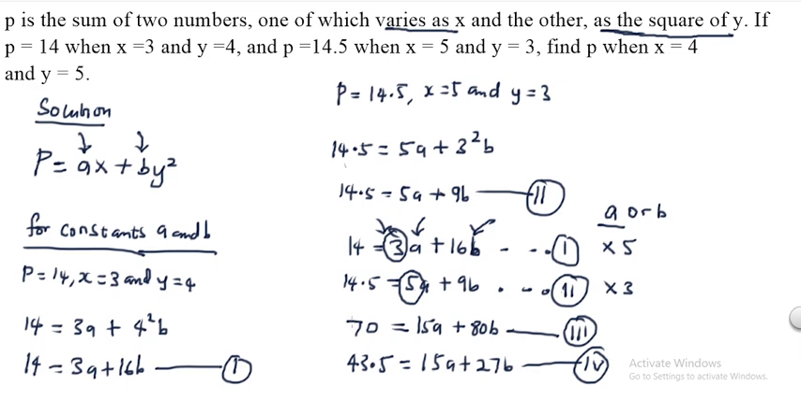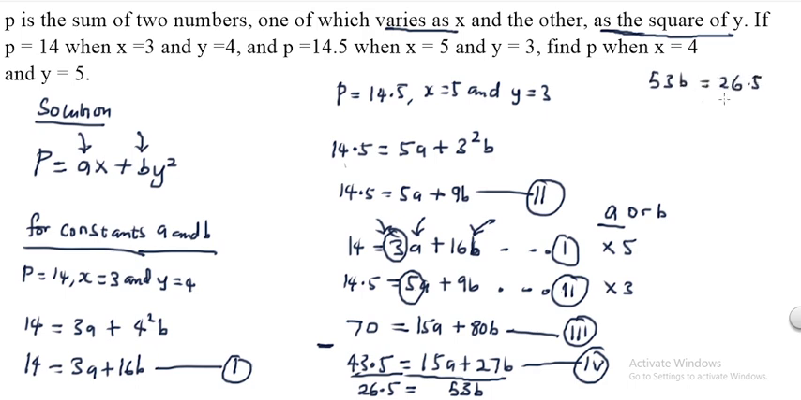Now, if you notice something about equations 3 and 4, my a values have the same coefficients. So I can simply subtract one equation from the other. If you're having trouble understanding the elimination method, I'll leave a link here so that you can watch a video on it. If I subtract equation 4 from equation 3, I get 70 minus 43.5, which is 26.5. And 15a minus 15a is 0, 80b minus 27b is 53b, so I have 53b equal to